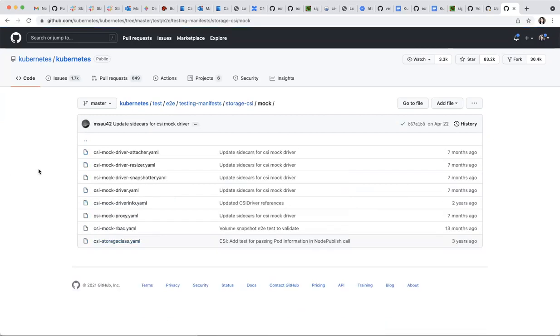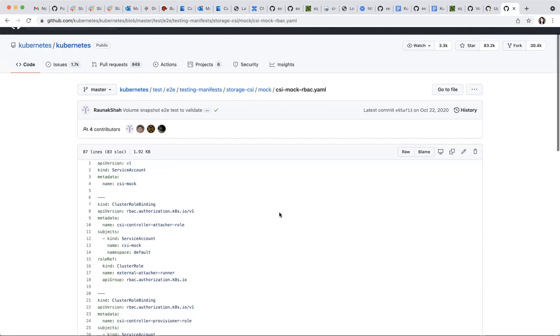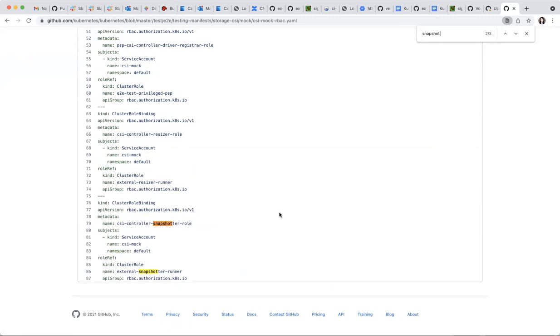So I somehow thought, did we say we're no longer using mocks? Do we still? That is, it's called mock, but it's actually using the host path driver. So the CSI mock driver YAML file uses the host path driver, I think. Okay, so this one we never renamed the tests and the YAML files because it still kind of made